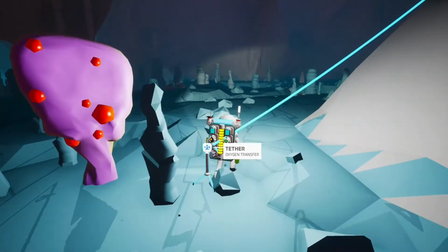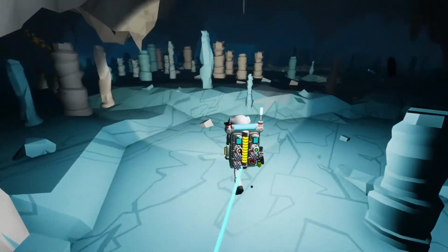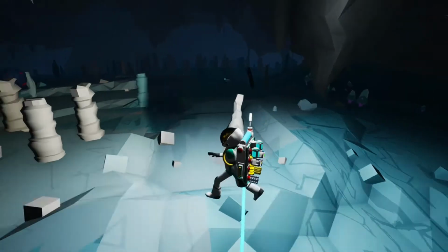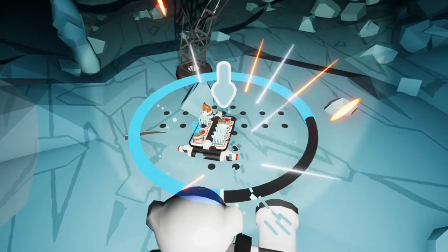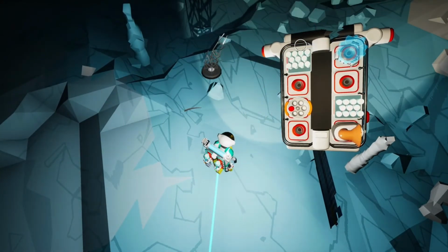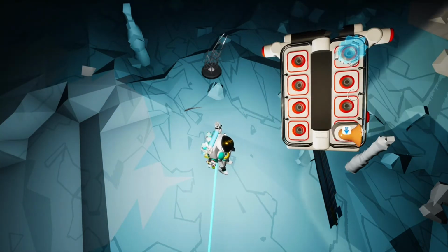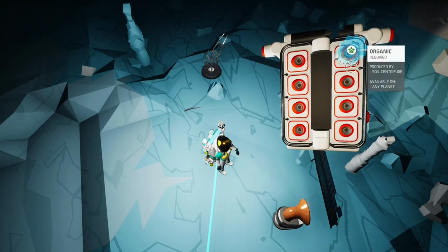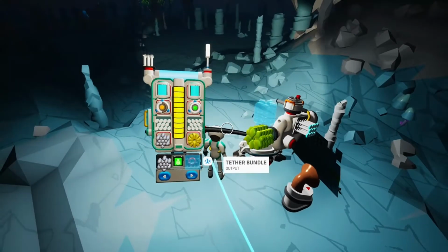Alright, and we also want to be looking for some of the research down here. When you get really lucky, you can get a research line that can give you somewhere between 5,000 and 10,000 research points. Oh, there's something on the ground over there. Feather bundle. Looks like oxygen filters. Yeah, I cannot dig anything on the floor at all. Oh, a bunch of tethers, though. Another research sample. More tethers. A generator. So that would give us power if we want to...